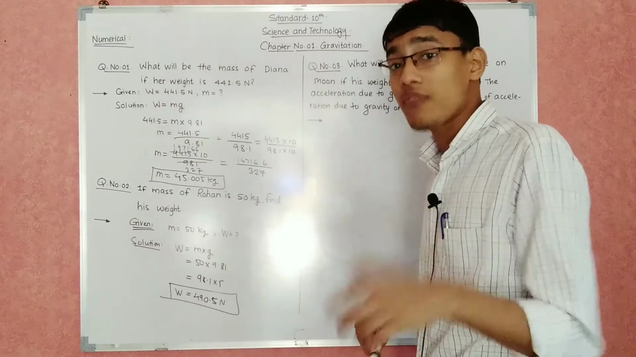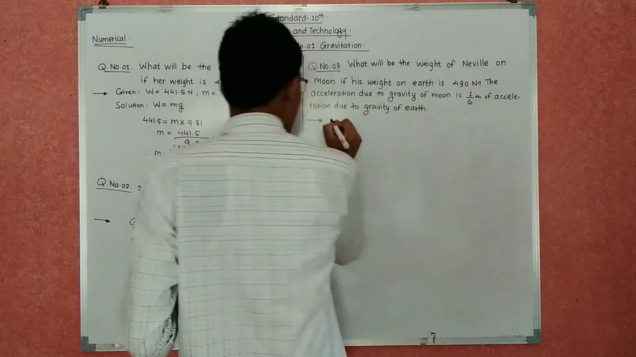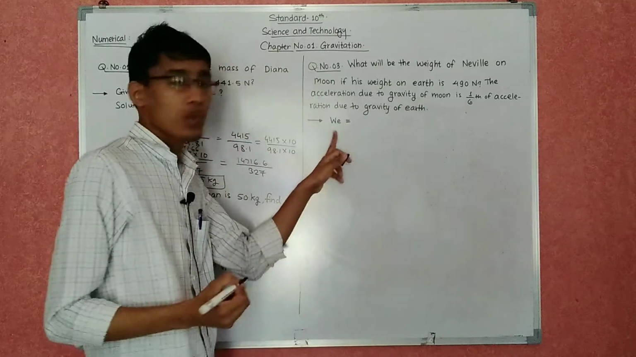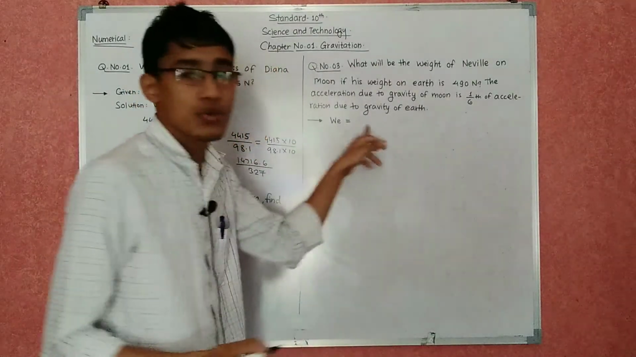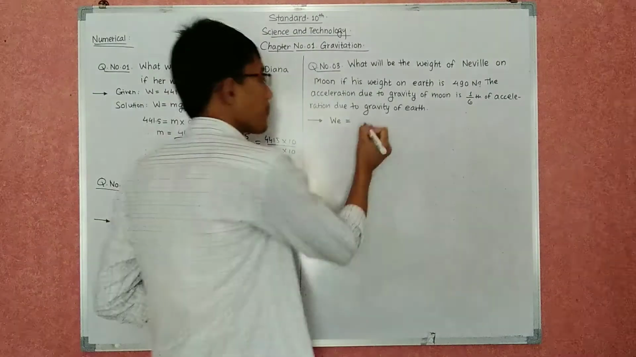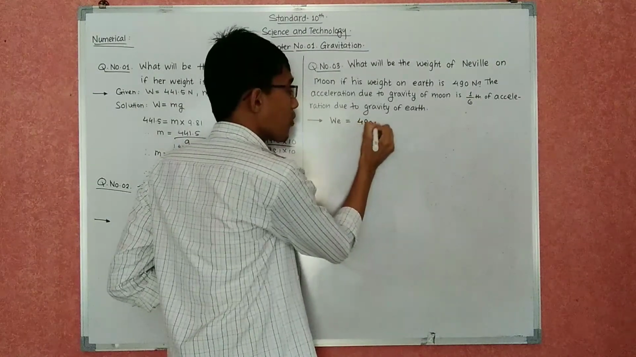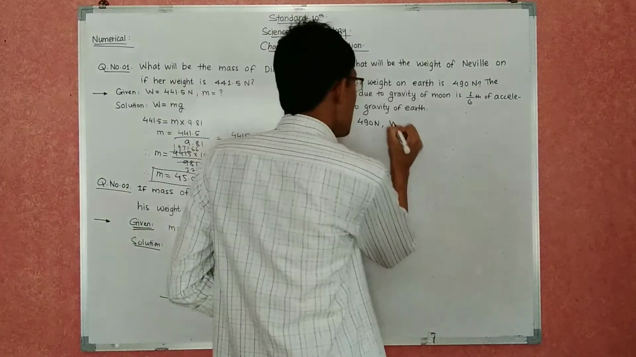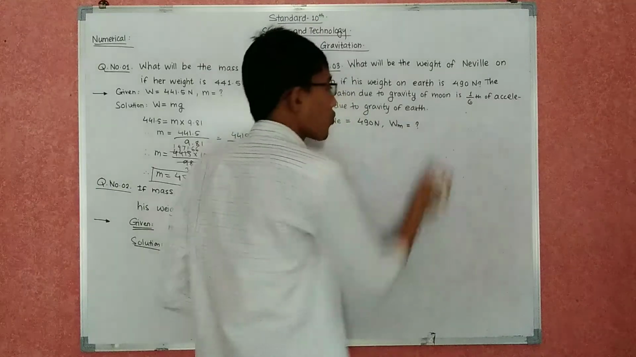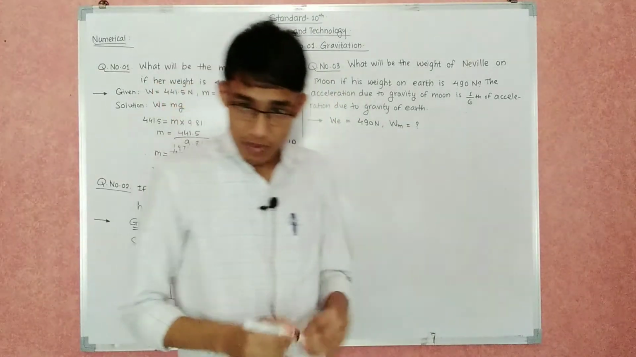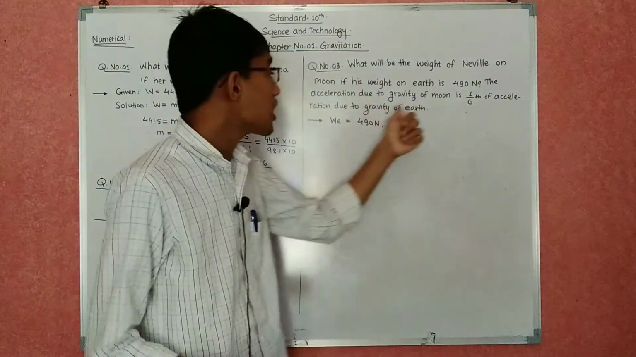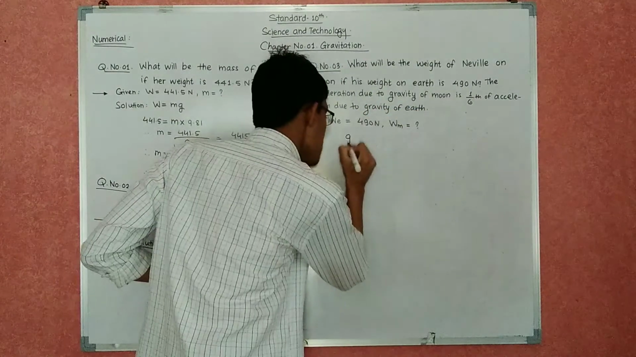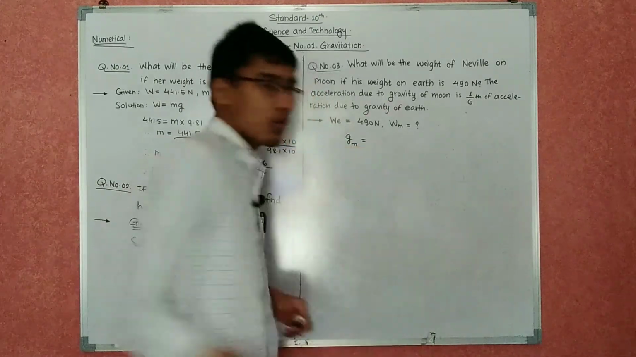Okay, how can we find this? Now what is given? Weight on Earth, so we will take it as WE, W suffix E. So WE, that is weight on Earth, is 490 Newton. What we have to find? Weight on Moon. So WM is equal to question mark. Now there is one more term given: the acceleration due to gravity of Moon, that is G suffix M, is equal to